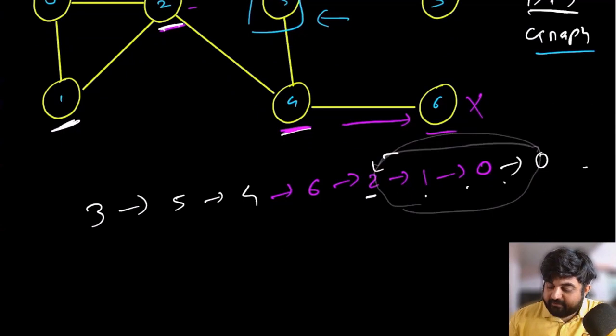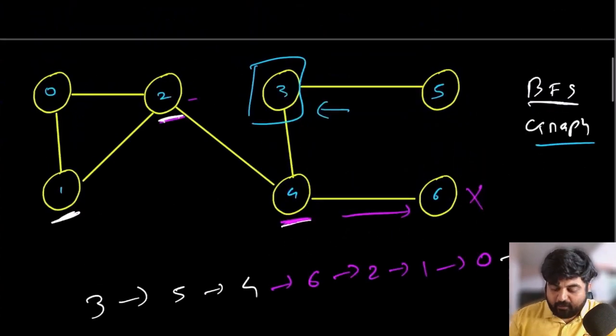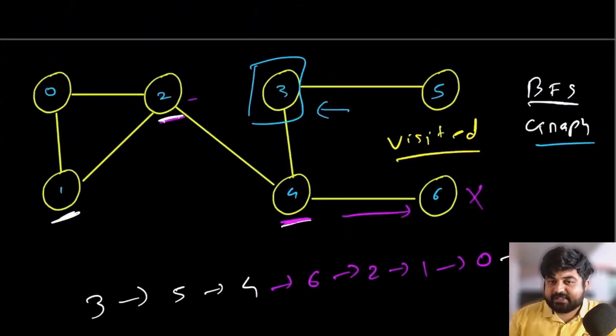So whenever we are dealing with graphs, we will always have to make sure that we find a way to keep track of all the nodes that we have visited already. And in order to keep track of visited nodes, typically a hash set is a great choice. And most of the time, whenever you are dealing with a graph problem and you are using breadth first search, so this is one of the most popular techniques.